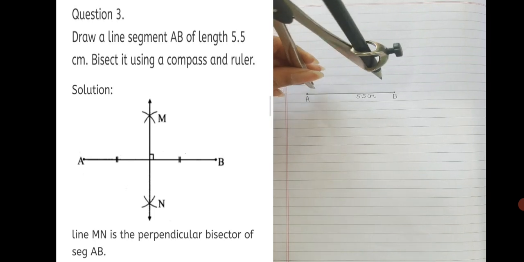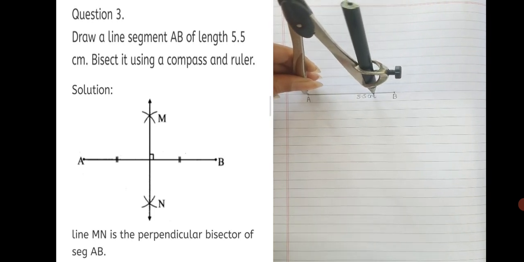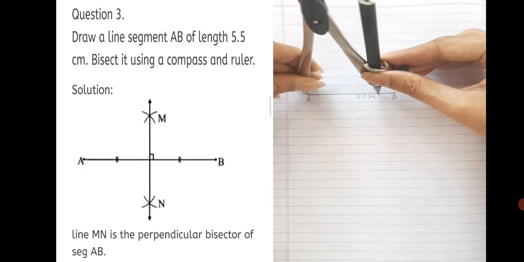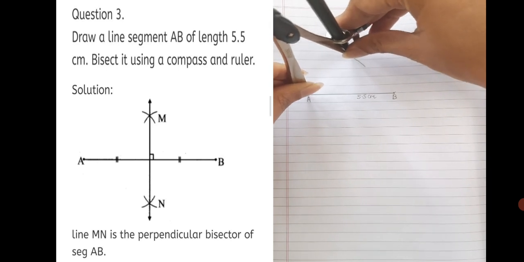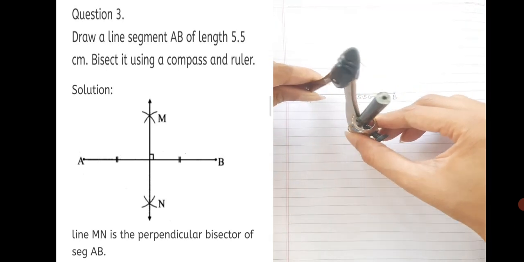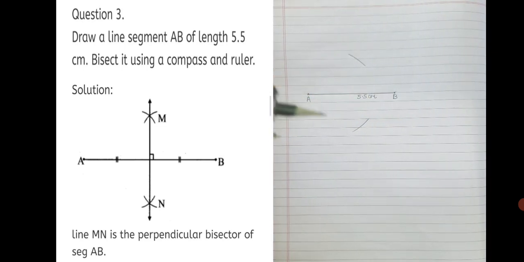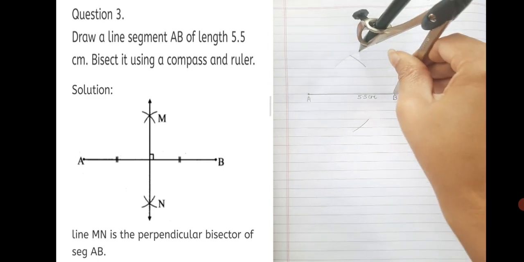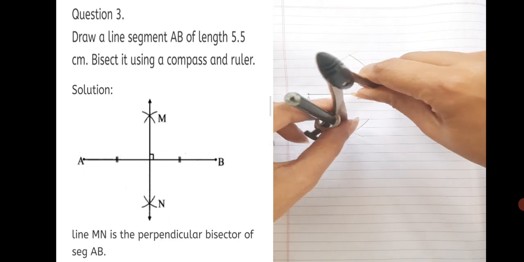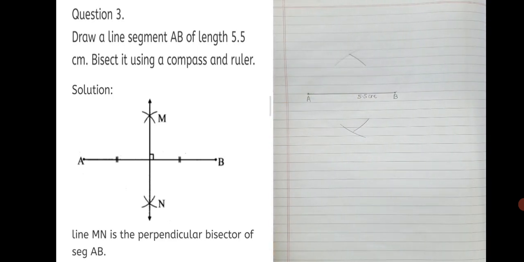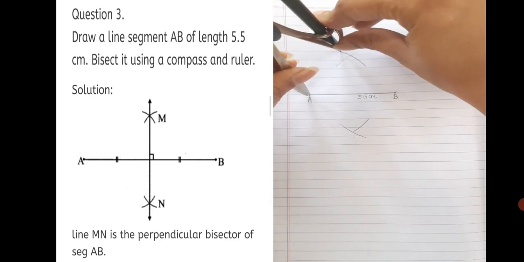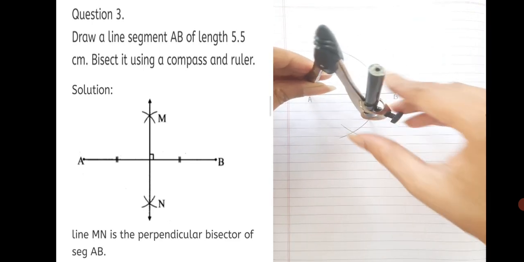Now we have to bisect it using a compass. So placing the pointer on point A, more than half the distance of AB we take and we mark an arc on top and one below AB. Now we are going to place the pointer on B and mark the same way, with the same distance, arcs, one on top, one on down. Now you see that the arcs are not intersecting. So in such times, you can always go back to A without changing the distance in the compass, and extend the arcs to intersect each other properly.